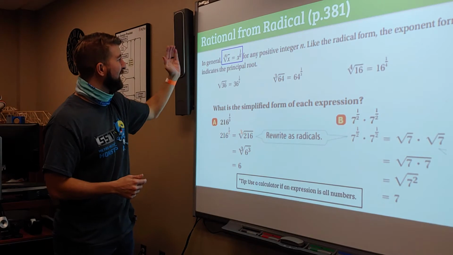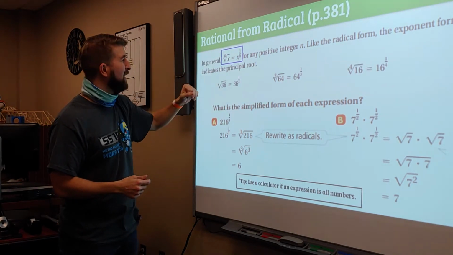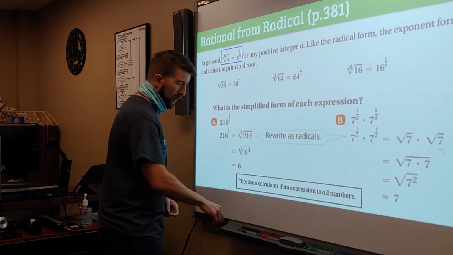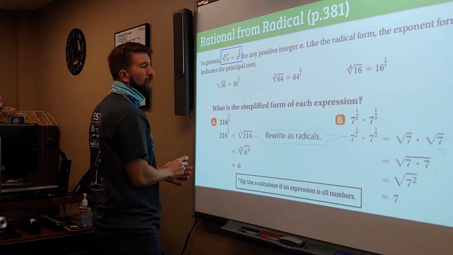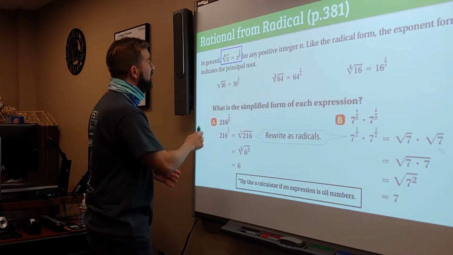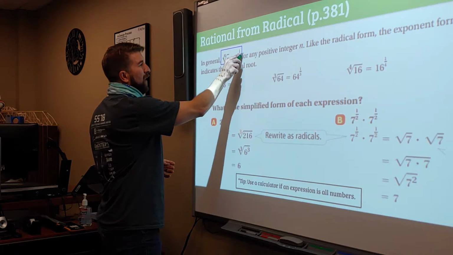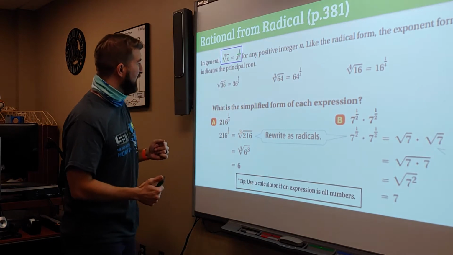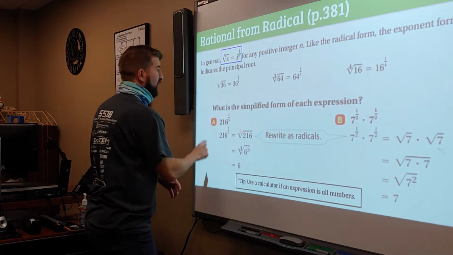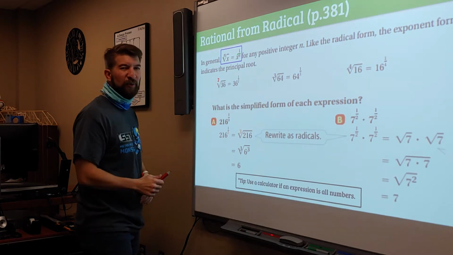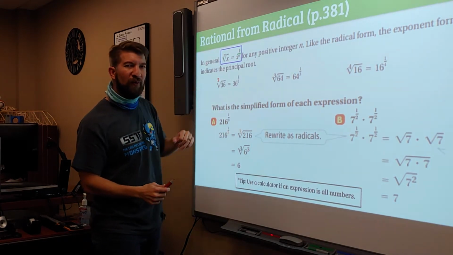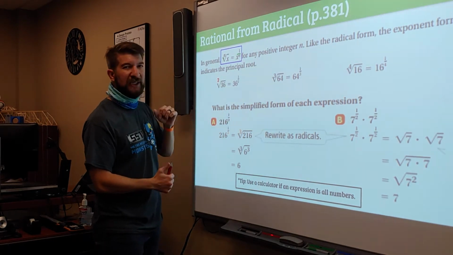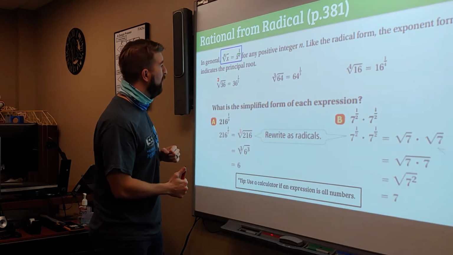So it says, in general, the nth root of x equals x to the 1 over n. So notice the number inside that little v of the radical box is the lower part of the fraction when you remove the radical box. So an example of this right here, the square root of 36, remember there's like a little invisible 2 right there. If you were to remove the radical box and write it as a rational expression, you'd have 36 to the 1/2